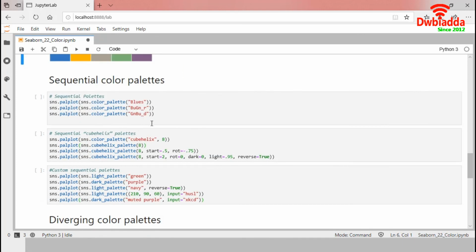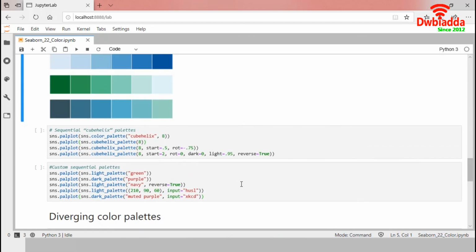The second major palette is called sequential. For sequential data, it's better to use palettes that have at most a relatively subtle shift in hue accompanied by a large shift in brightness and saturation. This approach will naturally draw the eye to the relatively important parts of the data. The Color Brewer library has a great set of these palettes. They are named after the dominant color in the palette.